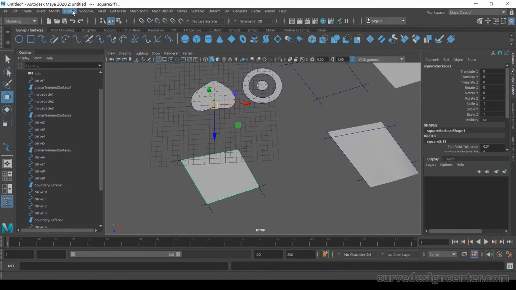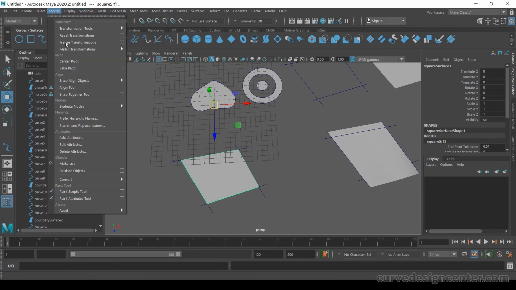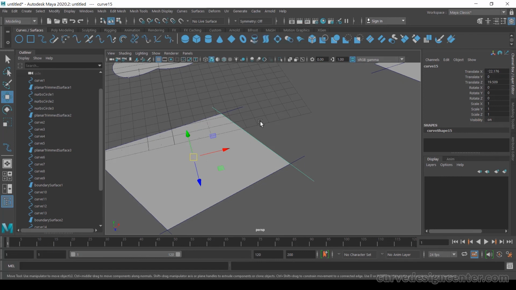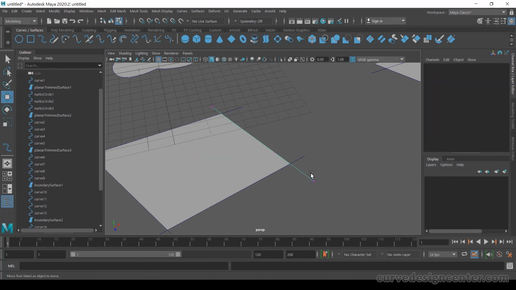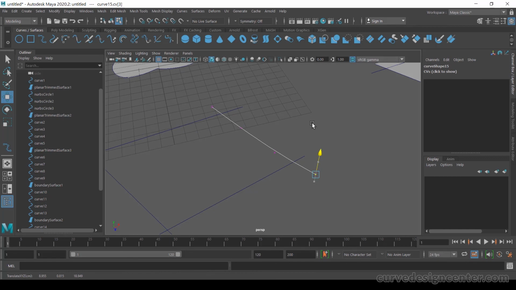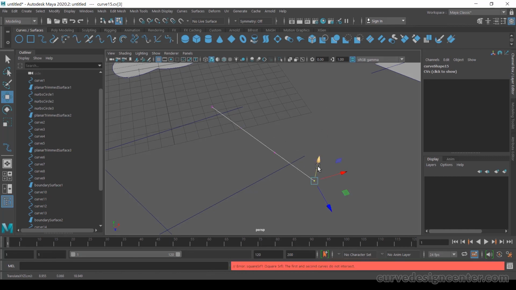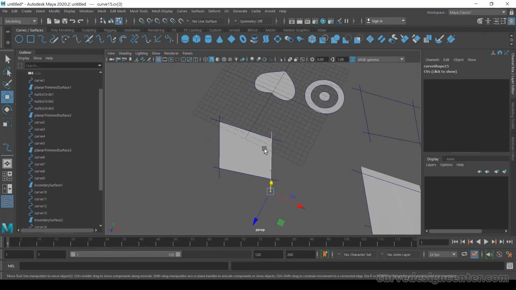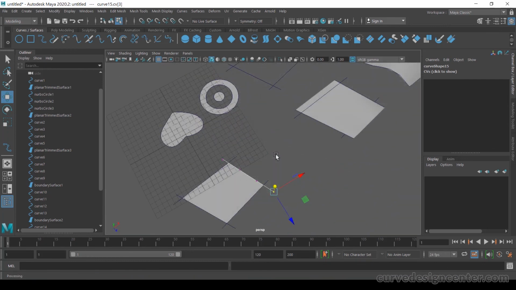Go to modify, center pivot. Similar to the planar tool, when I try to make any changes in this curve, the surface also disappears. But the square tool is more precise like the planar tool, not like the boundary tool.